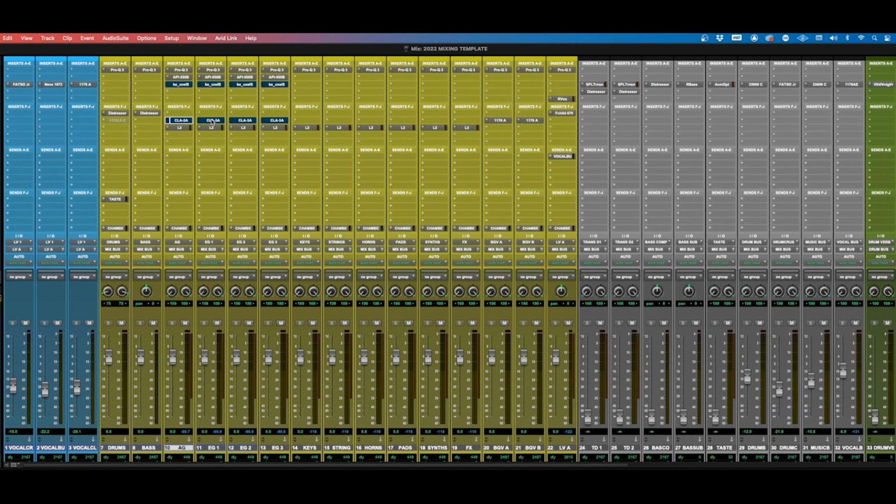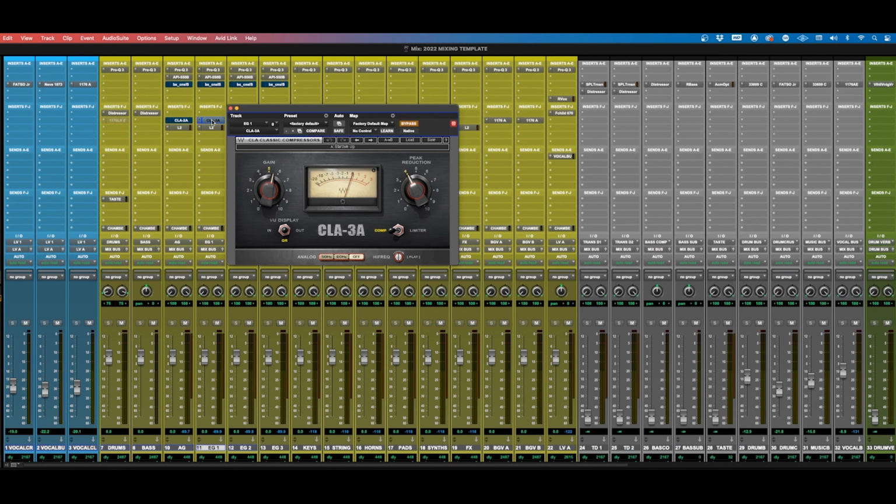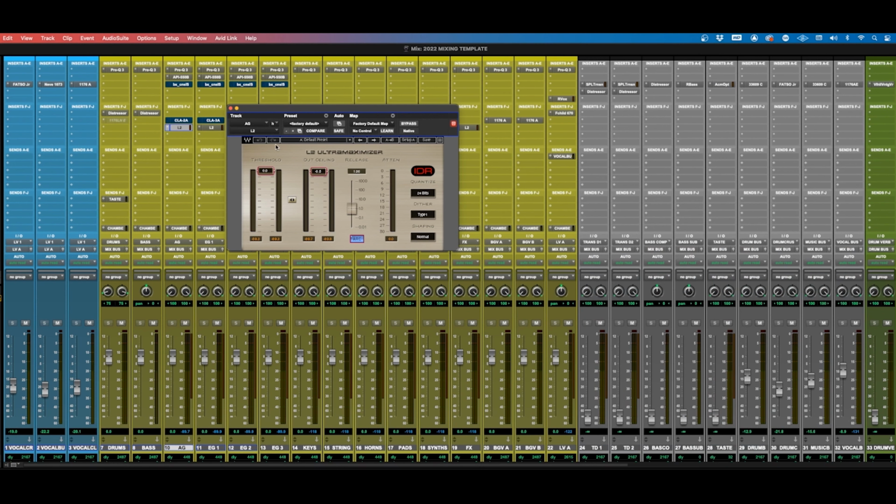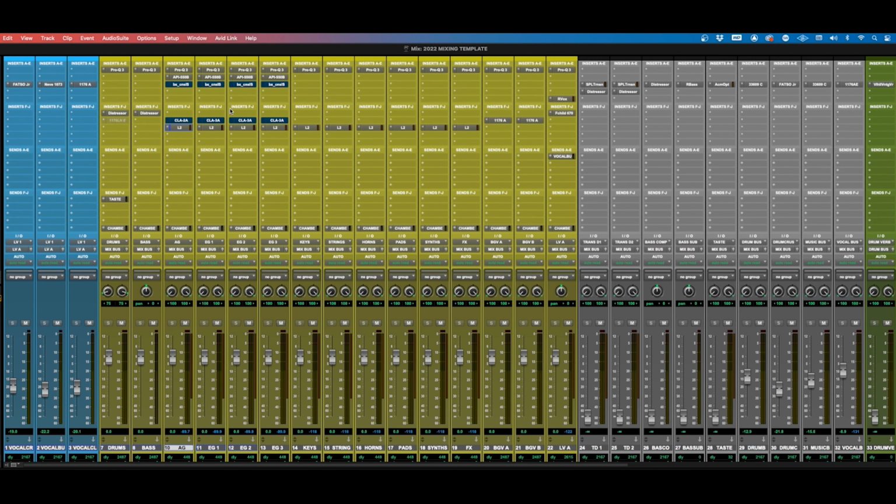Same thing with the electric guitars, the CLA 3A. And they're in bypass because I just want to be able to control the volume on these things. So that's why we've got an L2. Everything has got a 0.5 ceiling. I wouldn't imagine having any guitars going up that high, but they're just there just in case. Just a little bit of a safety net. Just pulling up the dynamics. I want to be able to level out the sound that's already there, not trying to have any sort of